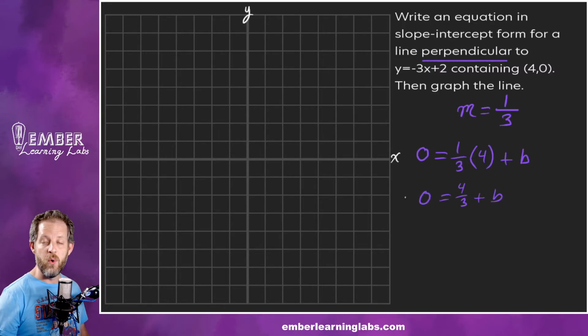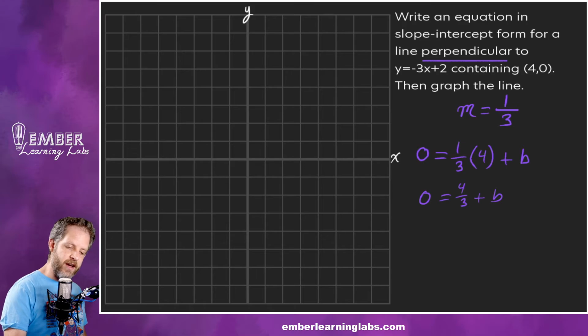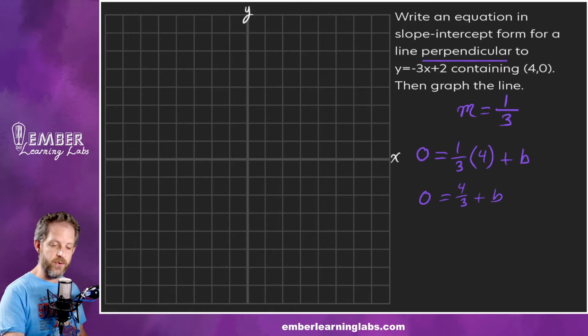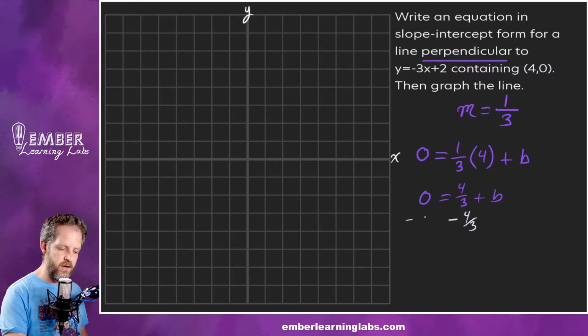We need to do one more thing, right? Because we need to get rid of this 4/3. How is that 4/3 attached to the b? Well, it is added and it's positive. So we're going to subtract it. We're going to do its inverse to get rid of it. So we're going to subtract 4/3 from both sides. Those ones cancel, leaving us with b equals